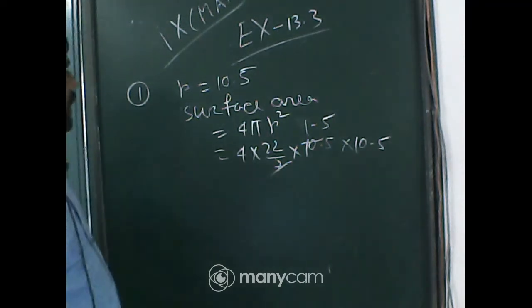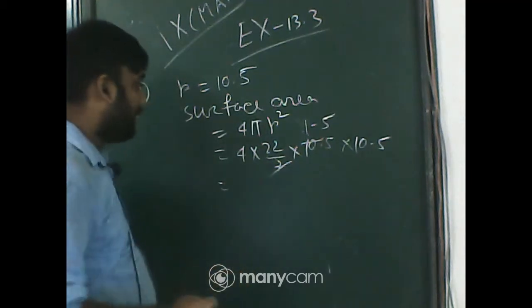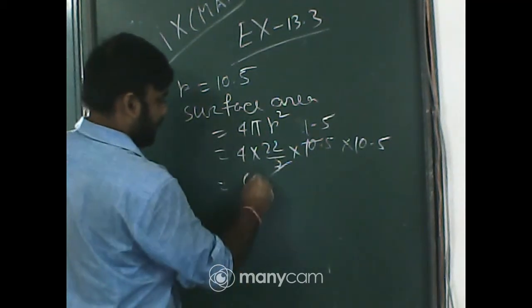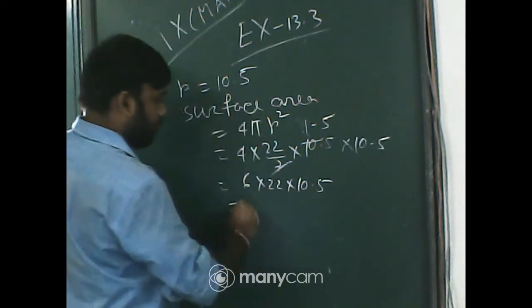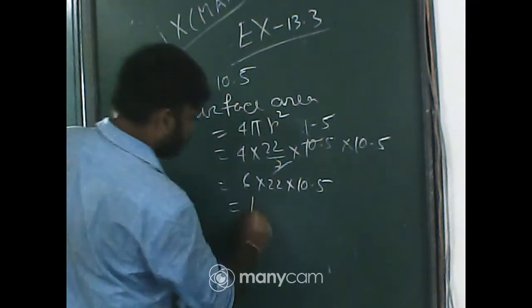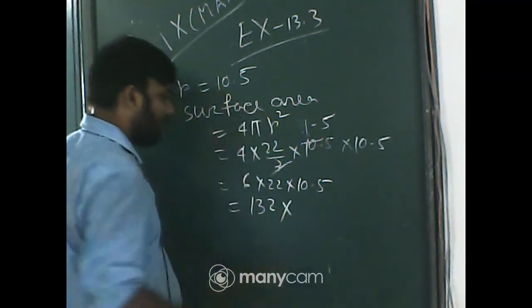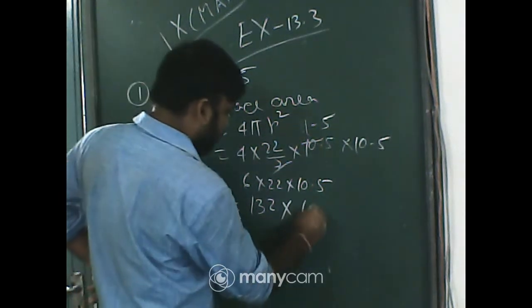So that is 1.5 into 4, that is 6 into 22 into 10.5. The product of 6 into 22 is 132, and 132 into 10.5,